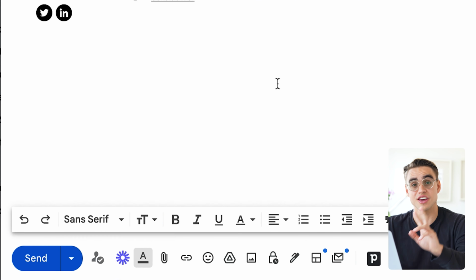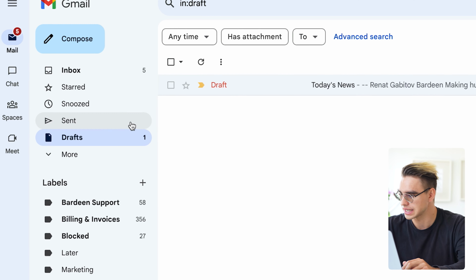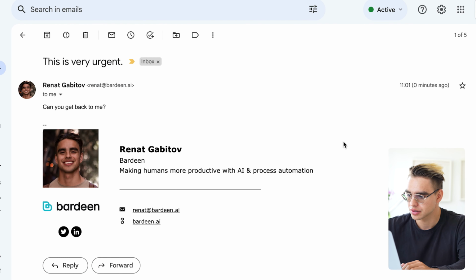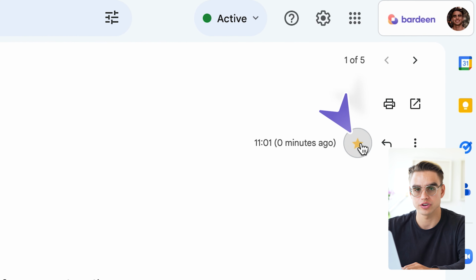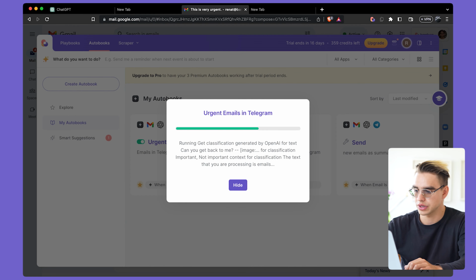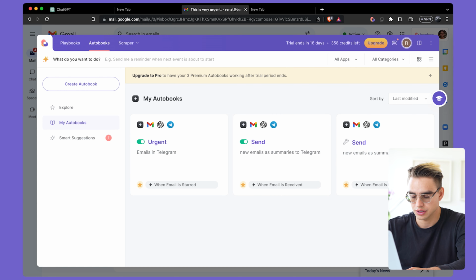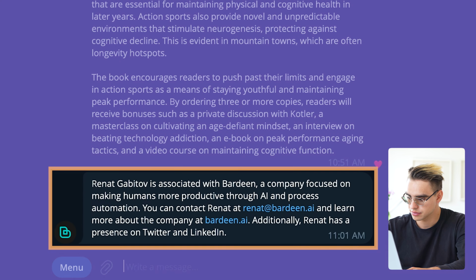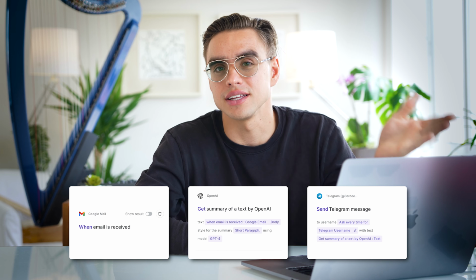Now I'm going to send a very urgent email like this. Open it up. Let's trigger it by starring it. Okay, there it is. To build automations with Bardeen, you'll need only 3 actions: the trigger, the ChatGPT action, and finally the send message